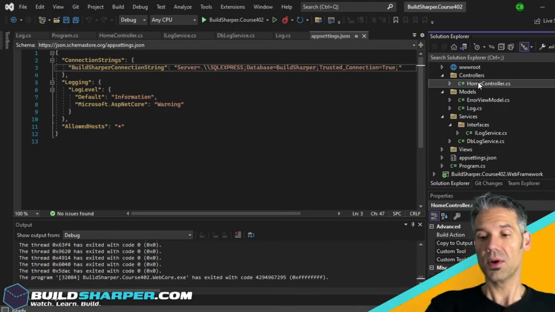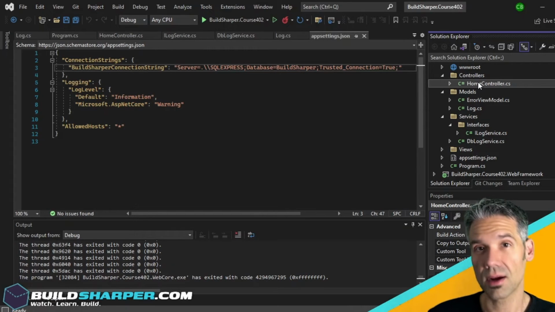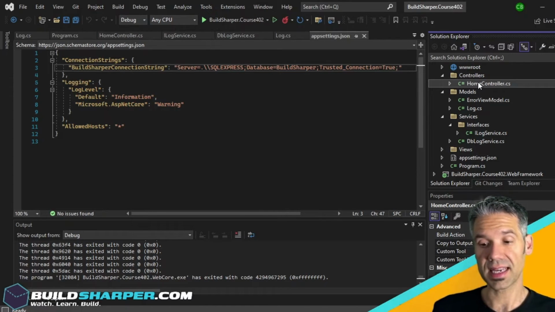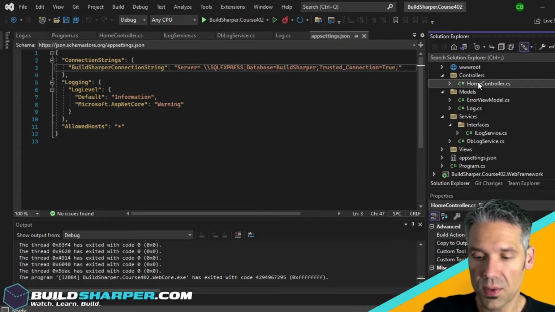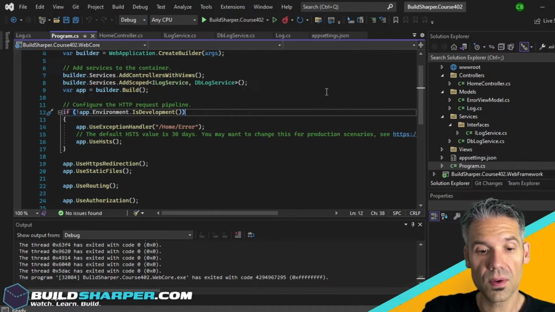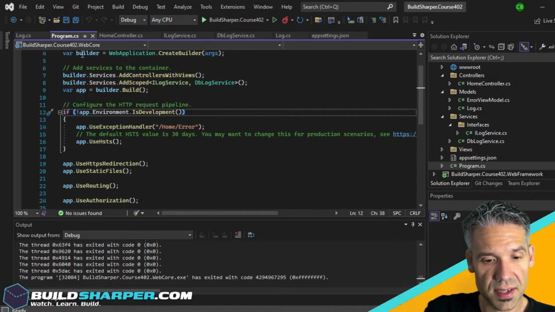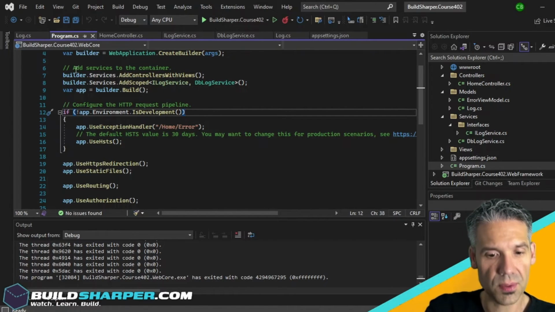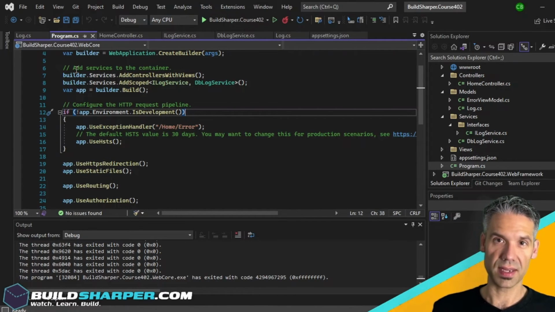So now we've seen the home controller, the iLog service, the DbLogService, and how things get injected into all of that. But how does the dependency injection actually make things happen? Well, all of that happens right here in Program.cs. We can see we're using this builder object where we're basically creating a container that our application is going to live in. It's in memory, and it's basically loading up all of the resources it's going to need to